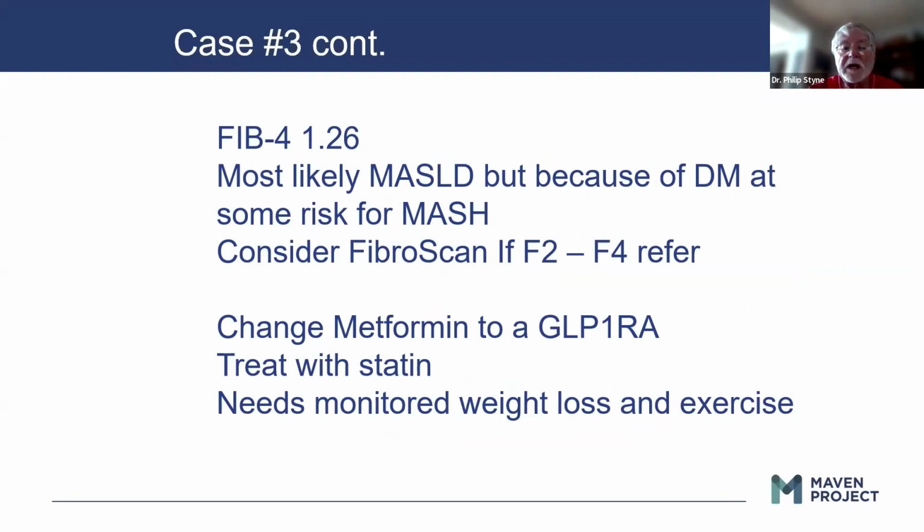Okay, so likely has metabolic associated steatotic liver disease, but because of diabetes, they're certainly at increased risk for having MASH. So we calculated a FIB4 and it came out 1.26, which is low. So probably consider sending them for a FibroScan, but they're not high risk. So what would we want to do? If they can afford it, we want to change them to a GLP drug or a GLP-GIP drug. We absolutely want to put them on a statin, and we want to get them on a monitored weight loss